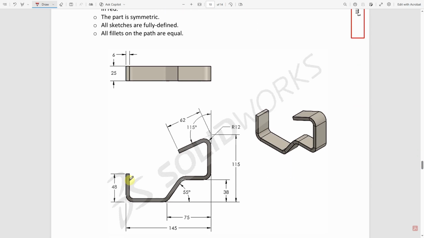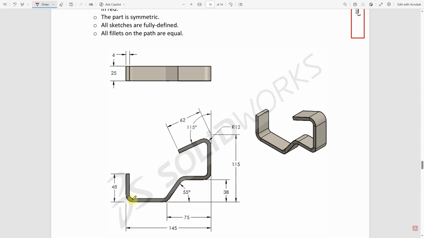So for this example, it looks like basically some kind of profile that you're going to sketch out and then extrude in a direction. So pretty straightforward. Basically, we have to figure out how we're going to draw this profile. And it looks like a lot of the dimensions, or all the dimensions, are given along the outside curve. So we're going to focus on drawing that outside curve, and then we're going to use offset entities to create